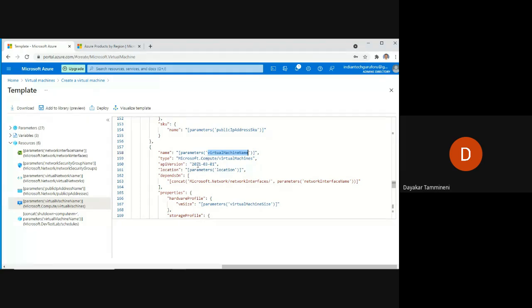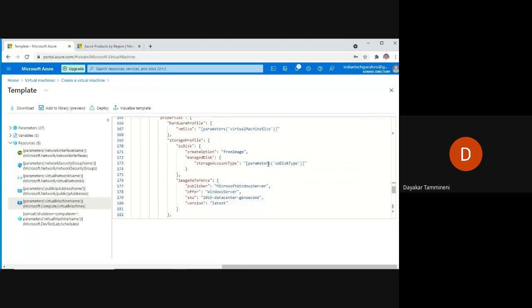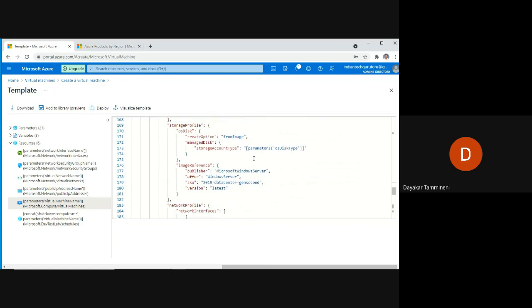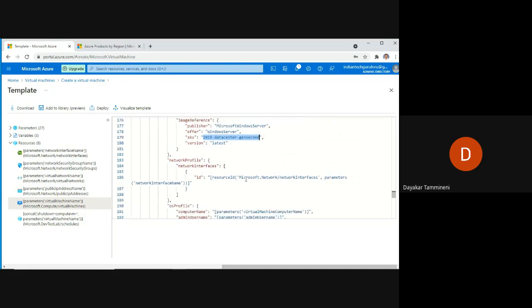Then API version 1.3.2021 and location. Microsoft.Network interfaces and hardware profile, virtual machine size, from image OS disk. What type of machine are we creating? Microsoft Windows Server 2019 Datacenter, second generation.